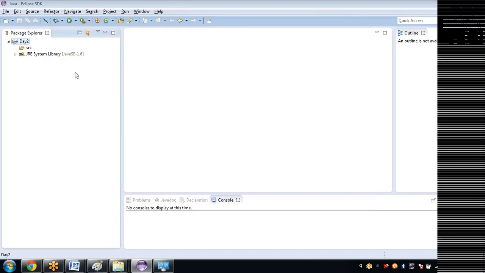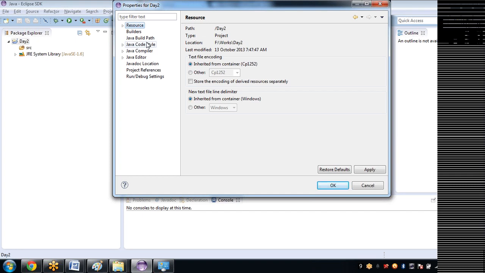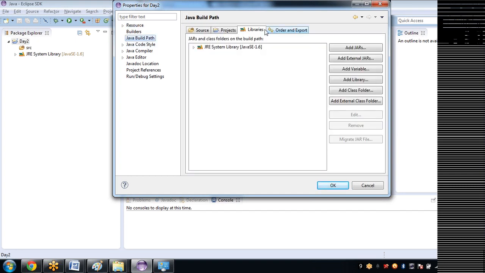Once again I'll show you. Right click, properties, Java build path, libraries tab. By default you will be on this page. Now what you need to do is add the external jars which are in your machine. Okay, Selenium jars. So click on this add external jars button,